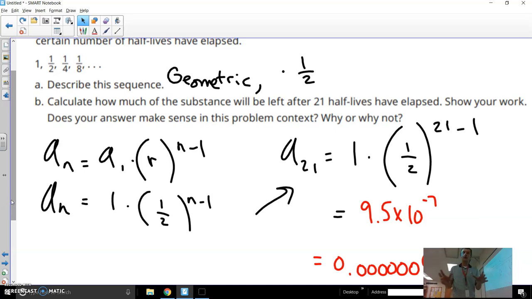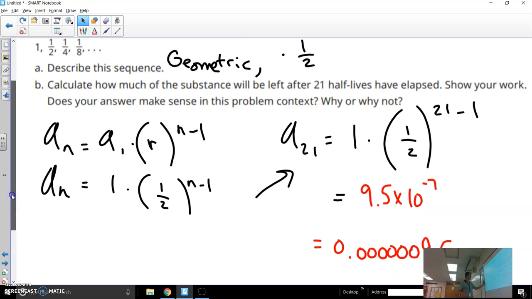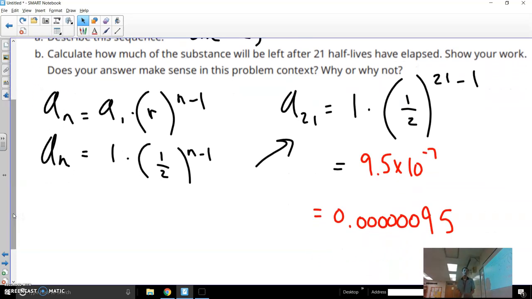So I'm kind of relying on, maybe you've seen scientific notation before. This basically means how many times I'm either moving that decimal to the left or the right. And so I am moving that decimal 7 times to the left to get this decimal value that's really tiny. Doesn't make the number negative, just makes it super small. Scientific notation is a way of writing really big or really small numbers really in a few strokes. So 9.5 times 10 to the negative 7, that's much faster to write than this actual number, which is very small,